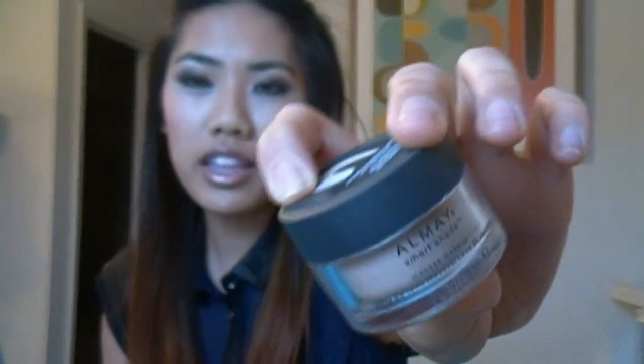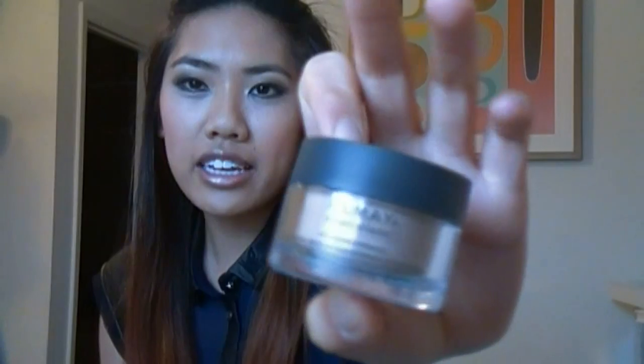But this is actually a mousse foundation, which I've never tried before. Cream foundations and mousse products are something that I'm really new to, and I wasn't really sure about how to apply this at first, and I actually just used it with my fingers. Today I decided to use it with a stippling brush from Crayon, a Crayon stippling brush,